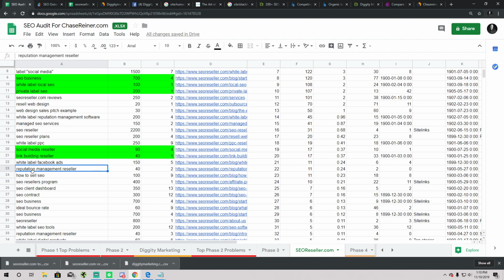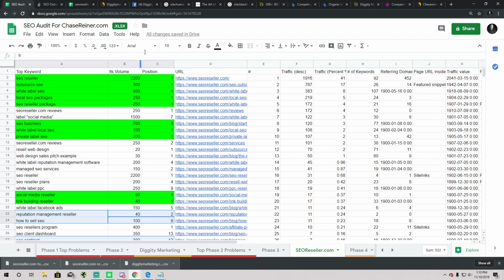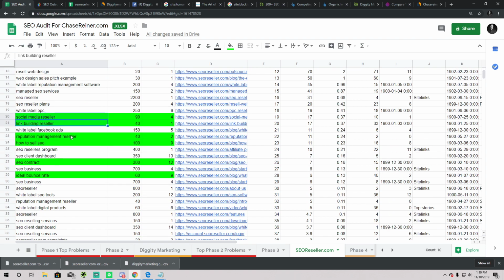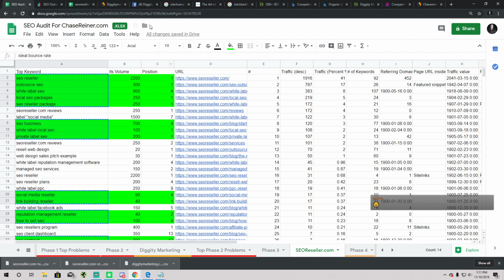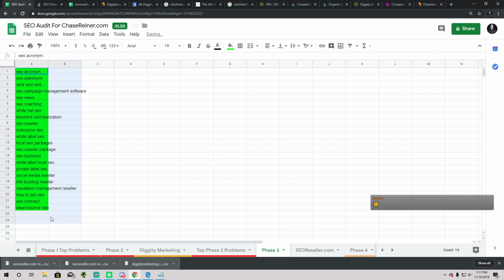So we'll go here. Just take some of these for now. You could spend a lot of time doing this, but get those highlighted in green, and then we'll take these keywords now. And this is what you do for clients as well, whether they're local or national, doesn't matter. Copy. And then I'm going to plug it into phase 3. Oh, what's up, Zeth? Boom. And now you just copy all these,